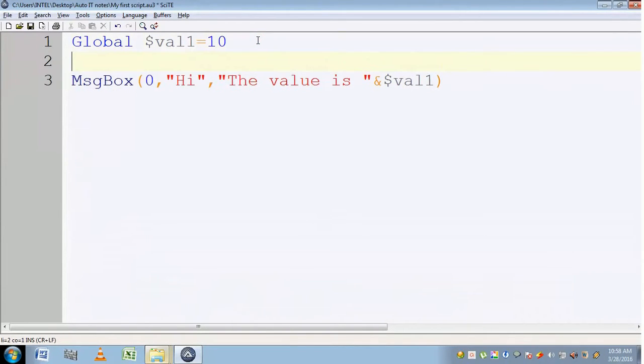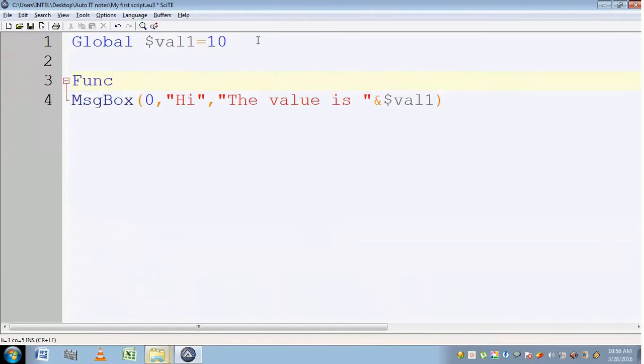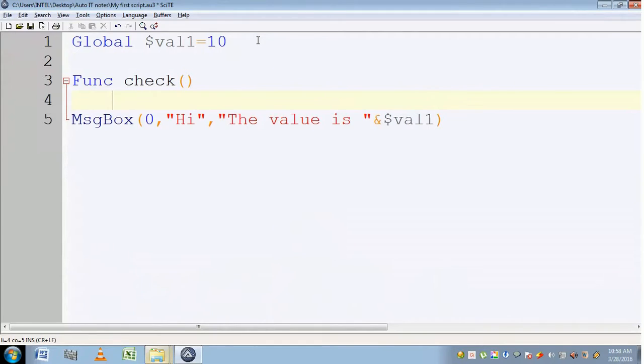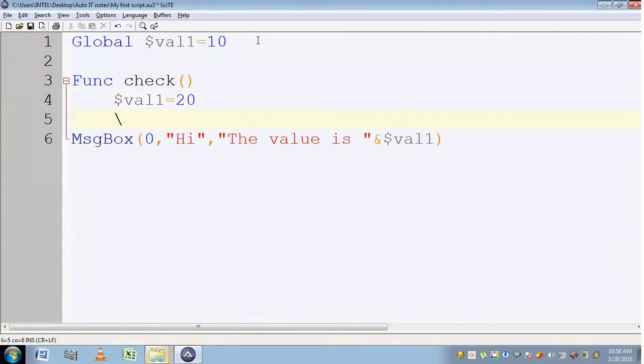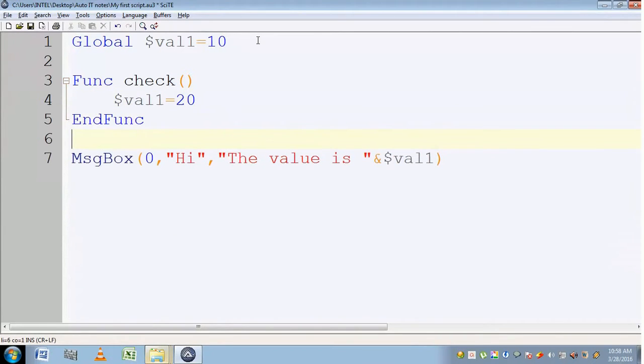Now let us create a function. We will name this function as check, and inside this function I'm going to change the value of the variable to 20, and I'm going to end the function. Your function should always begin with the keyword func followed by the function name. If you are going to pass any arguments inside the function, you can do so here, and what the function does goes between the keyword func and